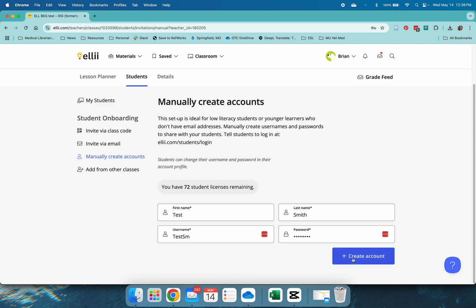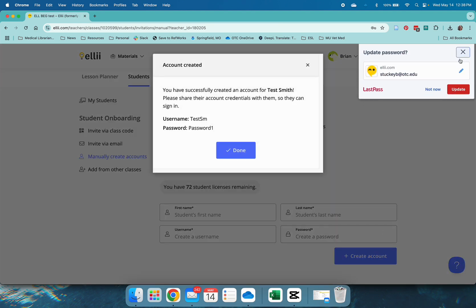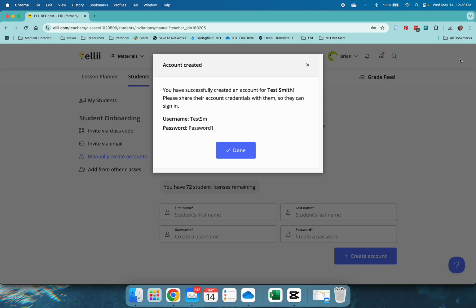And then you just create their account, and it's going to pop up and tell me, hey, do you want to write this down so that your student can remember that word? So I put this on a Post-it note, and I keep it with the accounts that I create for the